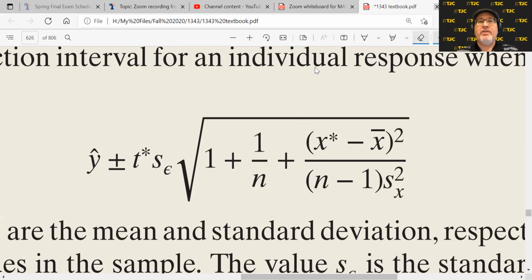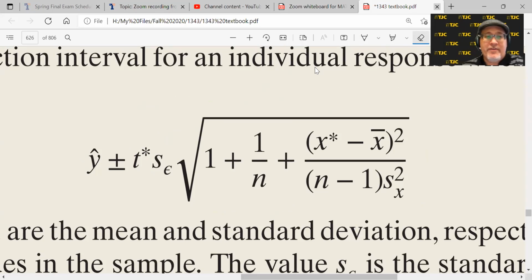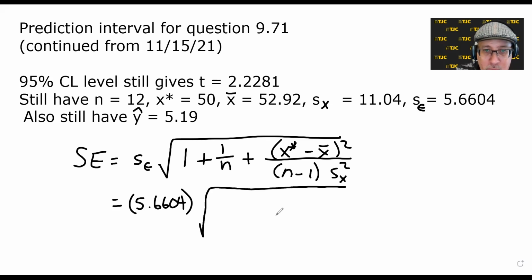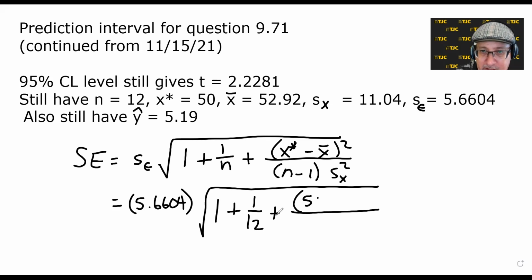And let's go back to the whiteboard. So anyway, if we were to put all these values in that we have, then we would get 5.6604 times the square root of 1 plus 1 over 12 plus a longer fraction. In the parentheses is 50 minus 52.92, squared. And in the bottom, the n minus 1 is 12 minus 1. That's just 11. So let's just go ahead and put 11 times